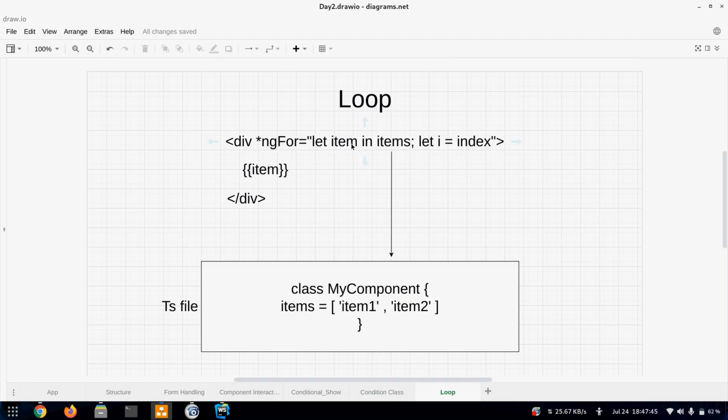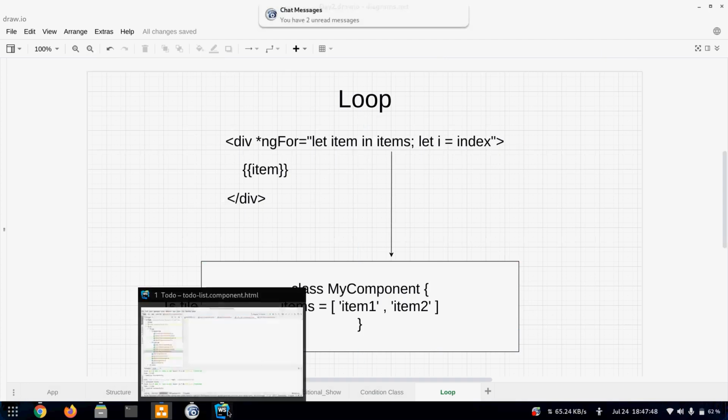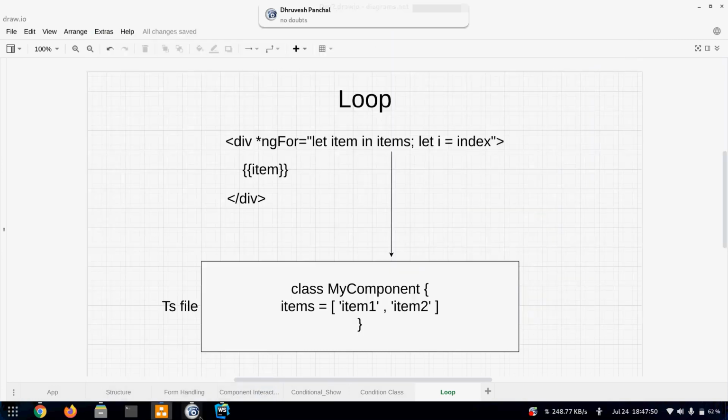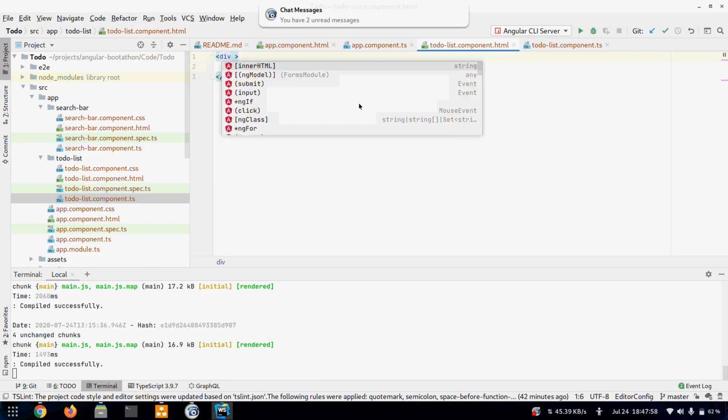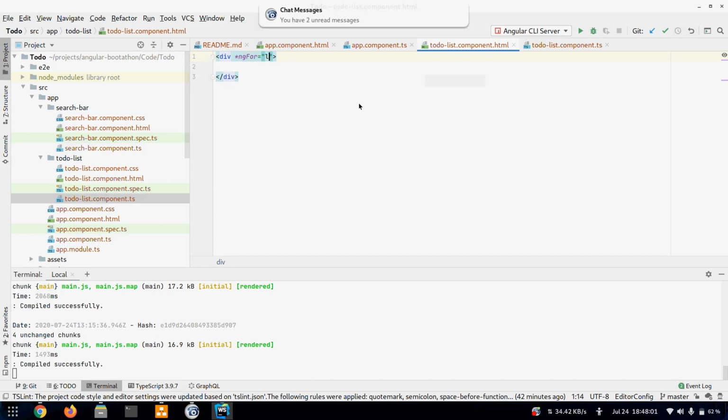Okay, so we'll just loop over it, then it will become a little more clear. So inside this, first I'll create a div and the same syntax, ngFor, I'll write let and then any name that you want to give. Like in Python, if you have studied, we used to say for name in books or something like that. So you can give it any name. So I'll say let task of and then myTodos.